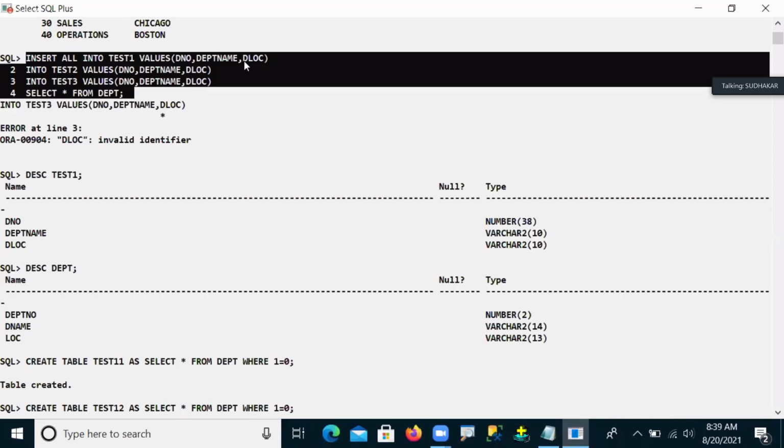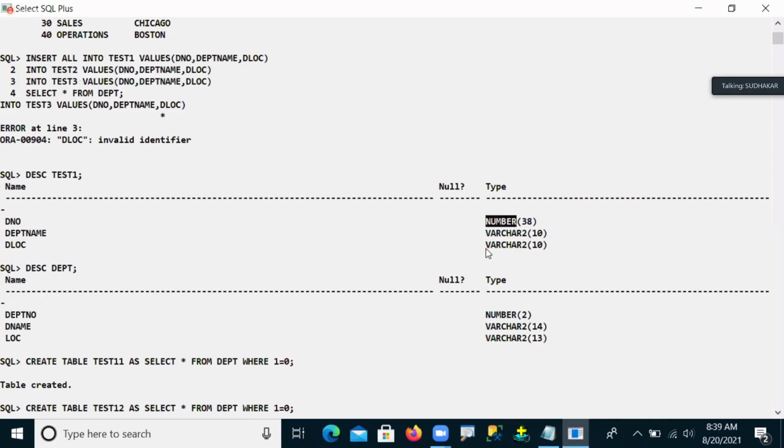So what happened is we changed the names. Everything is the same. We gave the same structure and the same data types, but we changed the column names. Now when you change them, the column names are not supported here. So as the structure, we need to take the same column names also.